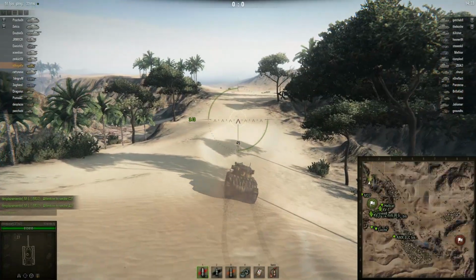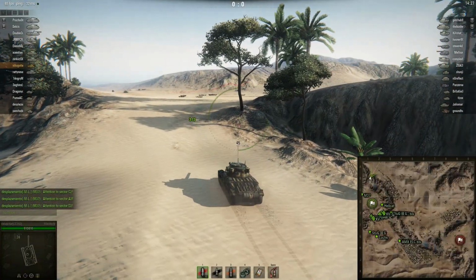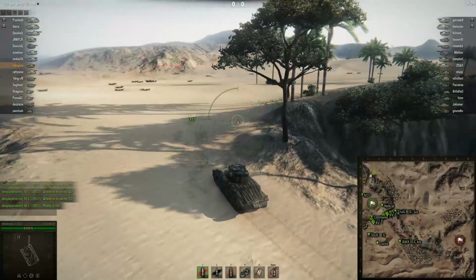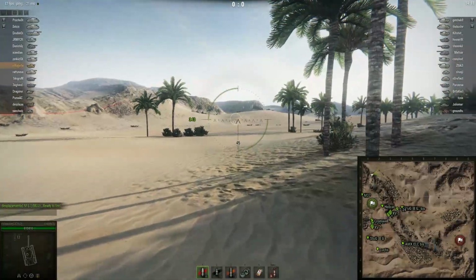Maybe it's better than that, though. I'll check it out later, but it doesn't really matter. Wow. I guess I'm not going to push, maybe? I don't know. We'll see. This tank is just not fast, so...